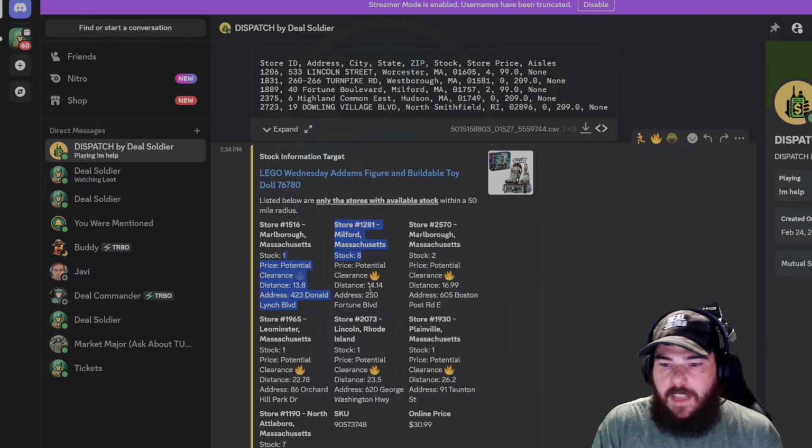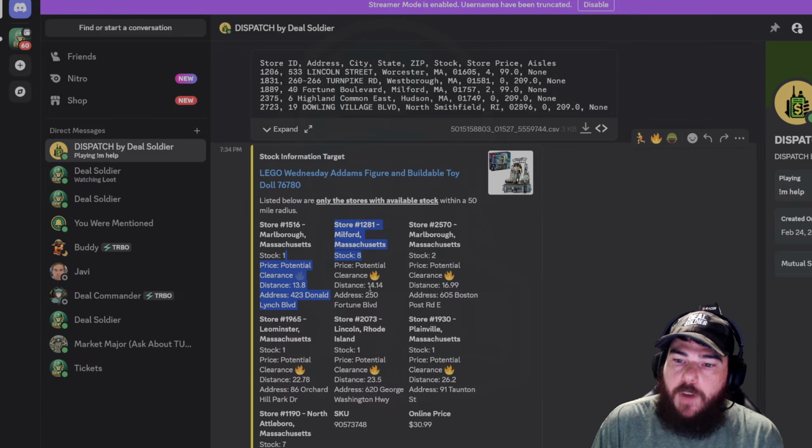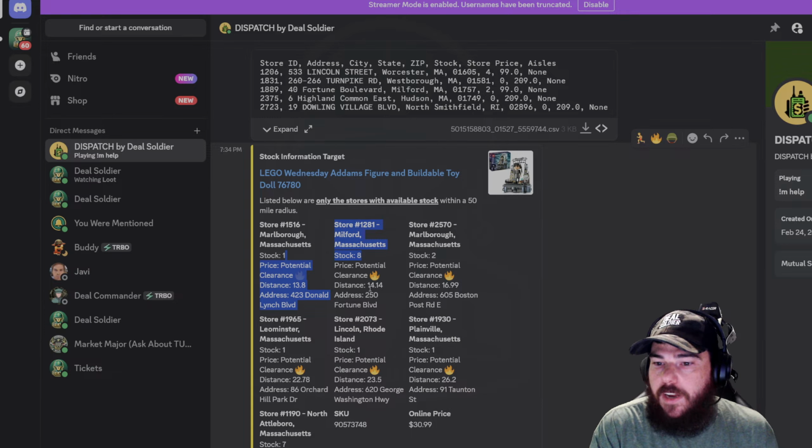There's 2 ways for me to get that price. The first way would be going to the store and finding the item and scanning it on their bar checkers that are in the store. The second way is you can actually go to target.com, sign into your account, open up a chat support, and you can say, hey, I'm looking for this item. Do you mind showing me any stores nearby that have this in stock and what the current price is?